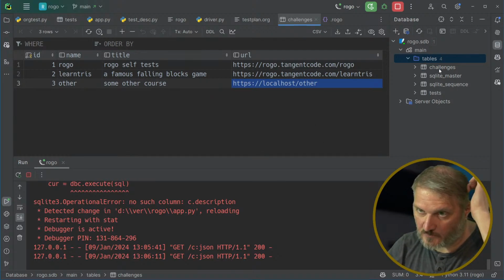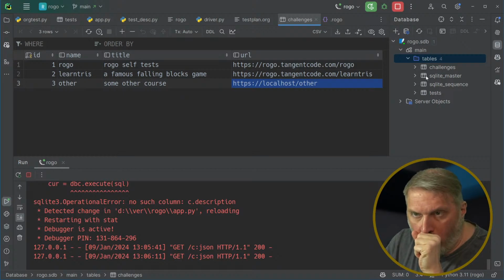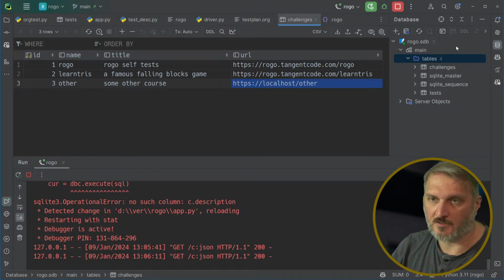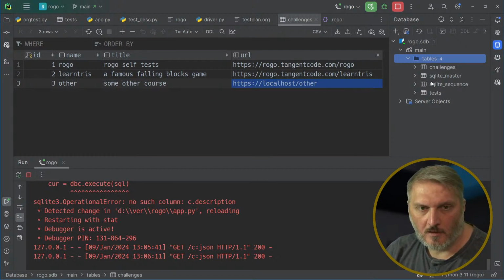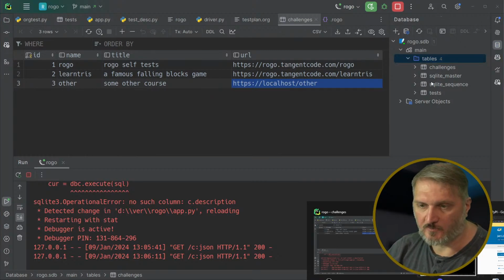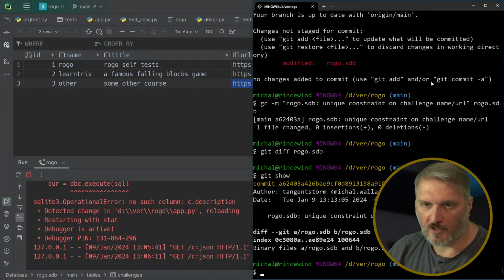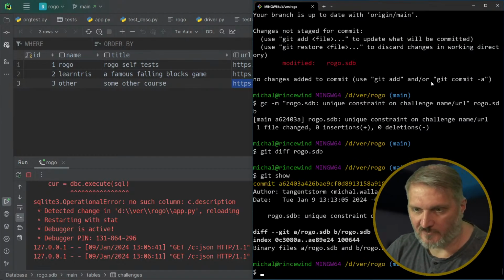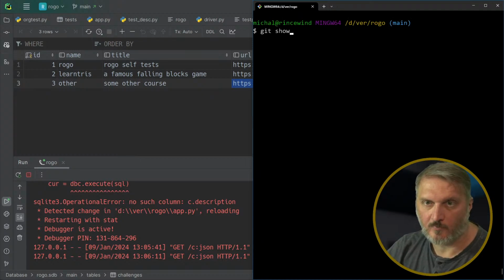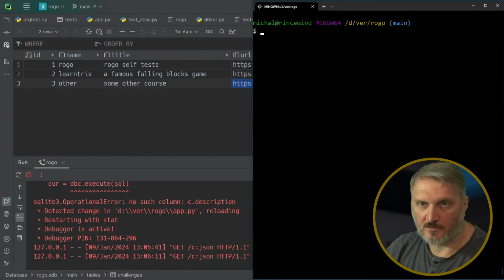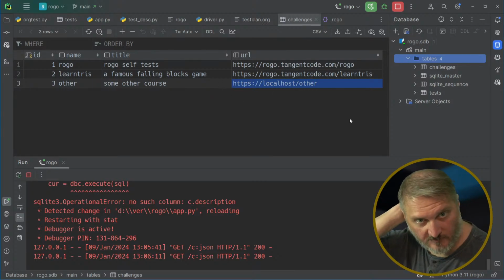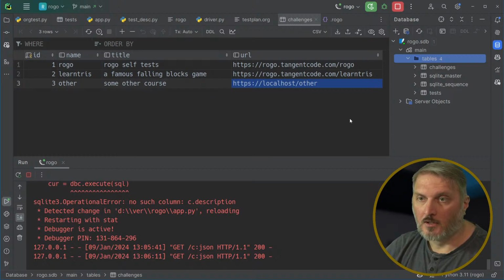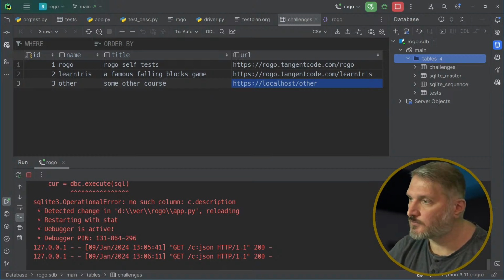I'm experimenting with the SQLite thing and SQLite editor in the IDE. I don't really like checking in binary files, but it is open source right now. Before I announce it, I'll export and get rid of this binary file. Okay. So